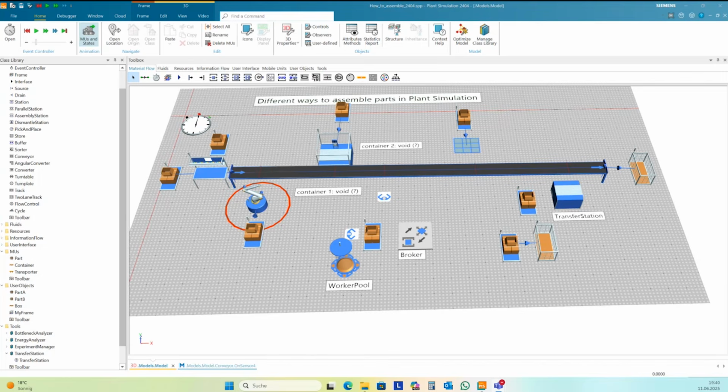One crane is the master and the second crane is the slave, and so we can model this by loading the part on the master crane, and the slave crane has to follow. Yes, it works in this way, but you cannot locate one part on two different objects. This is not possible.